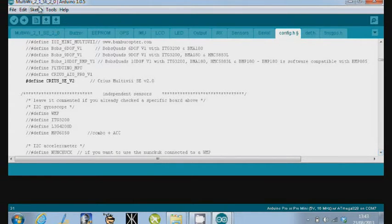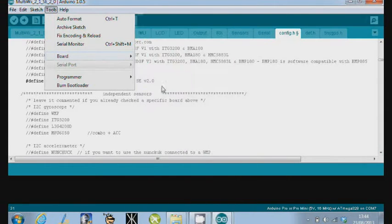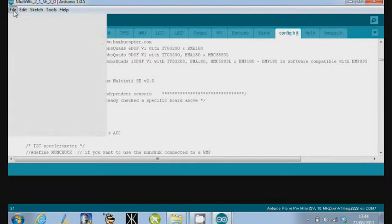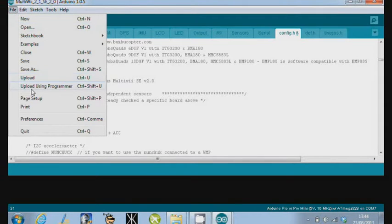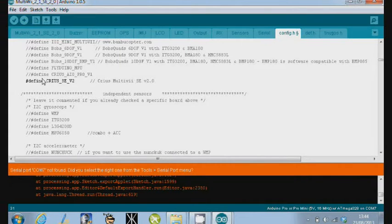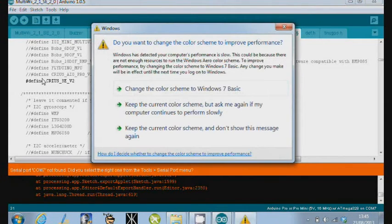So now we've got that, we go into Tools, Board, and we can select this board here, the Arduino Pro Mini 5V 16 MHz ATmega328. This is the board that matches the technology on the SE version 2 board. So we click that one, and then while having the board connected to the serial link, and again that was not something I had to configure, Windows did it automatically, we click File, Upload. Now what happens is it compiles the sketch, it creates all the settings that are in here, tests them, makes sure there are no errors in the code,